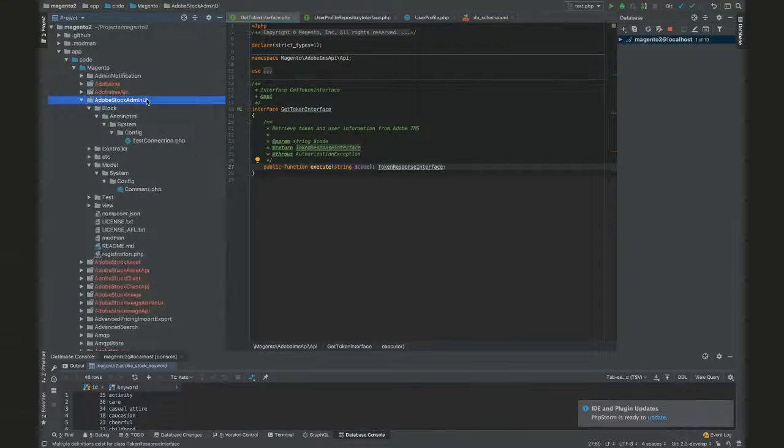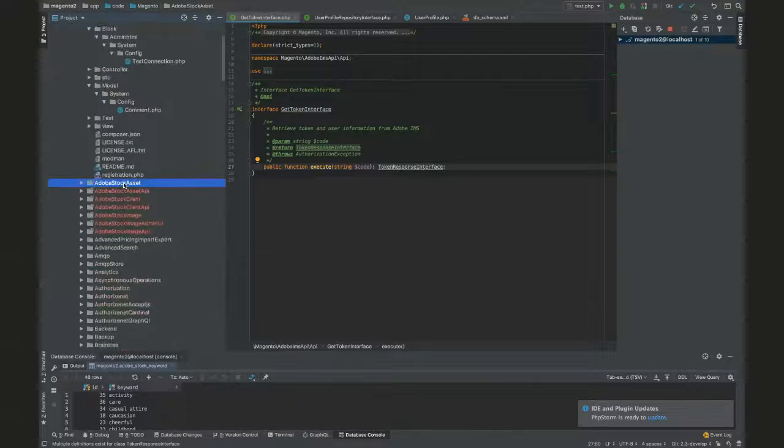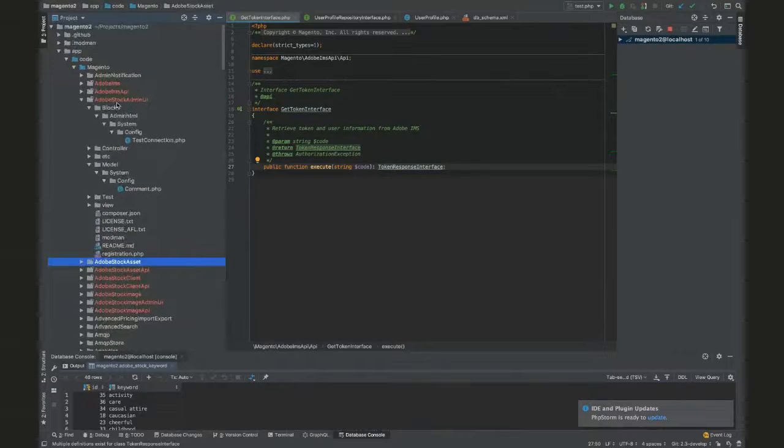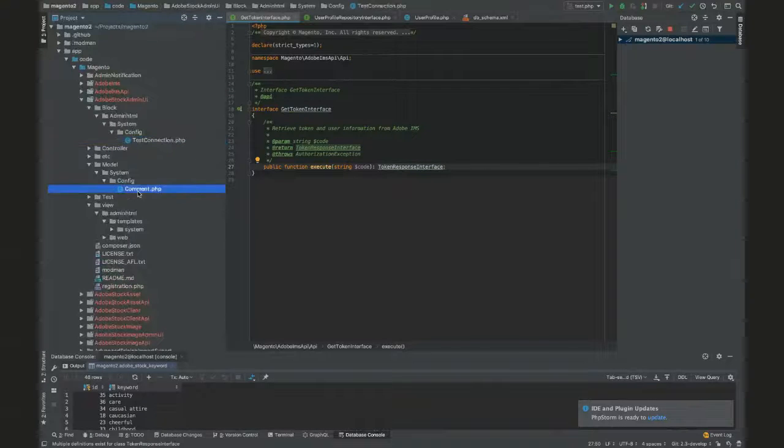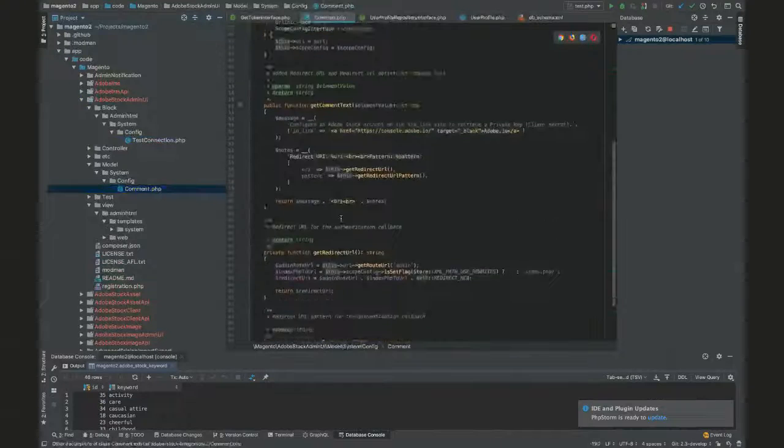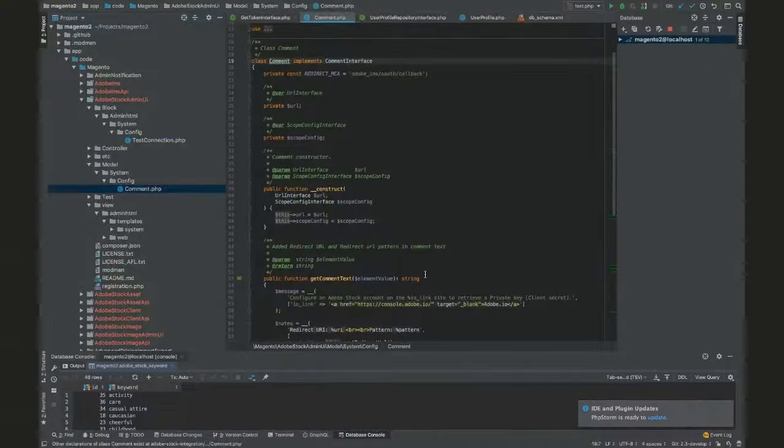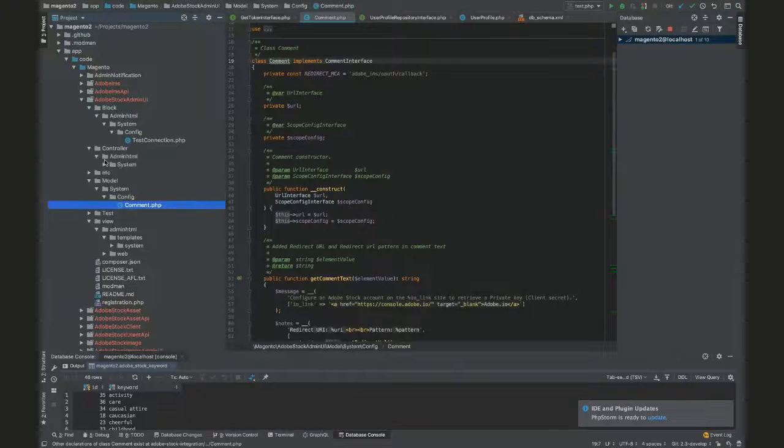So Adobe Stock Admin UI module was extracted from Adobe Stock Asset just to separate the user interface from the implementation of Adobe Stock Asset business logic. So this module currently contains only system configuration and system configuration related infrastructure like test connection button. Implementation is here. The dynamic comment that shows the suggestion which redirect URL and redirect URL pattern to use for creating integration, and all the